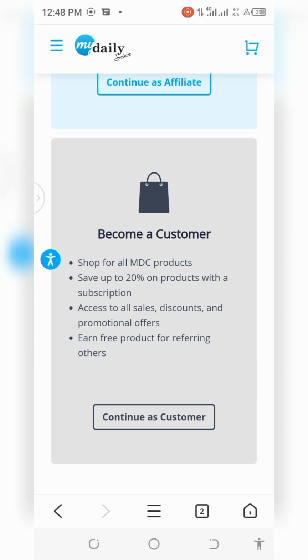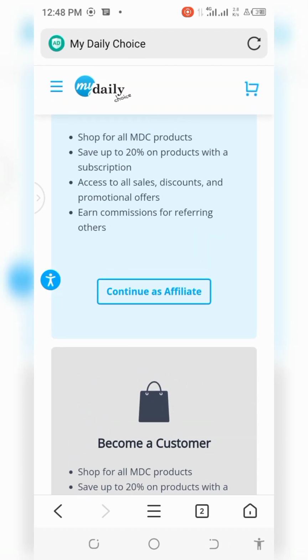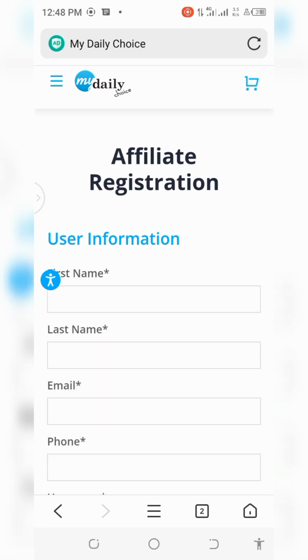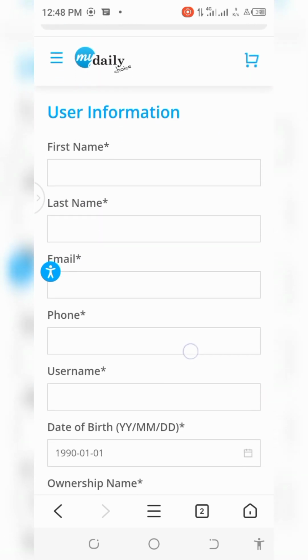But if you come in as a customer, you just want to buy the product and sell to make your profit, or you want to buy the product for your own personal use, or for business, to buy and resell. You buy at a wholesale price and sell at a retail price. So let me assume that you just want to come in as an affiliate. You share the good news to people and you get rewarded.